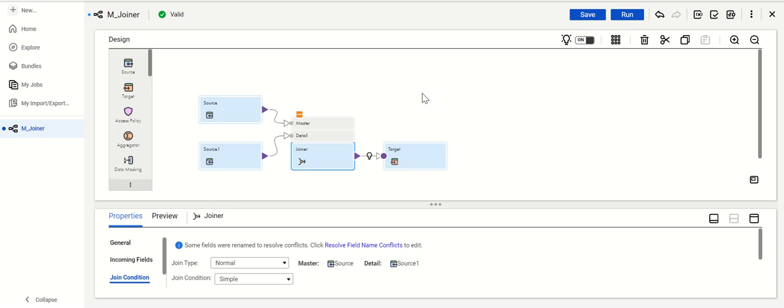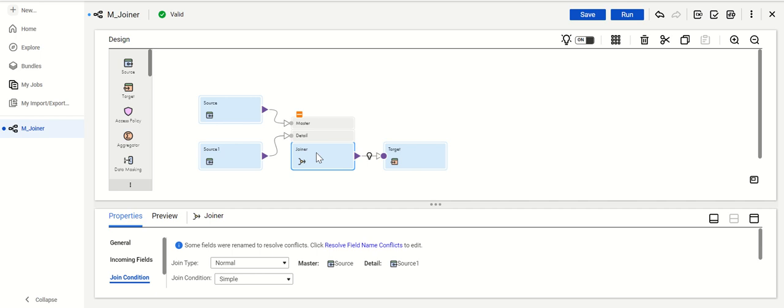In today's session, we will discuss joiner transformation. A joiner transformation, as the name itself suggests, is used to join data sets, multiple data sets, we can say. If we compare it with the SQL queries which we were writing on a database to join two tables, we use a where clause, right? In the same way here, in the joiner transformation we require two input data sets, and then